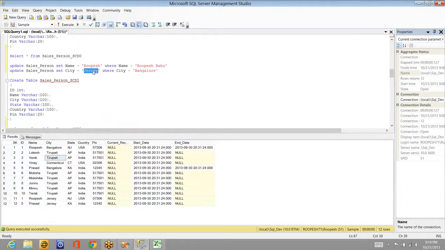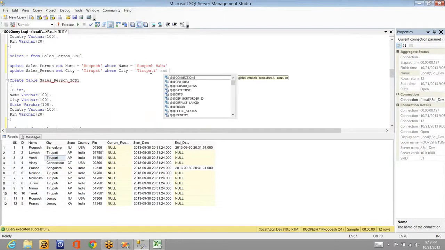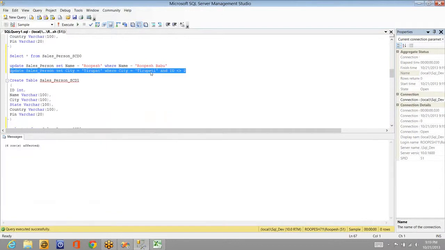I'm changing the city to Tirupat from Tirupati, and ID not equal to 2. So except for the ID 2, I'm changing it for all the guys to Tirupat.